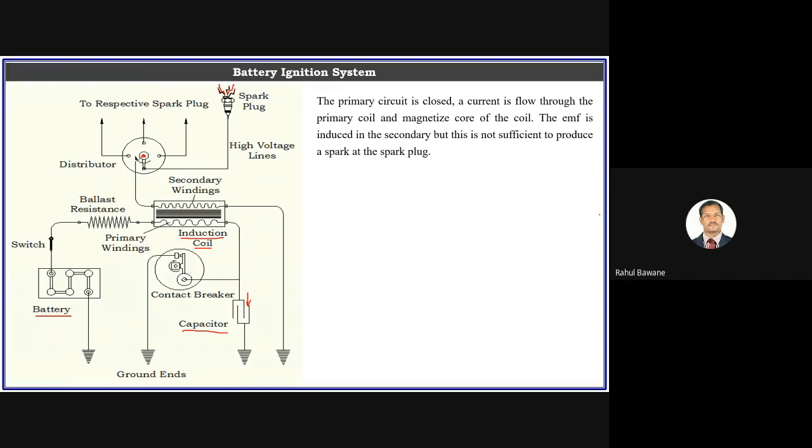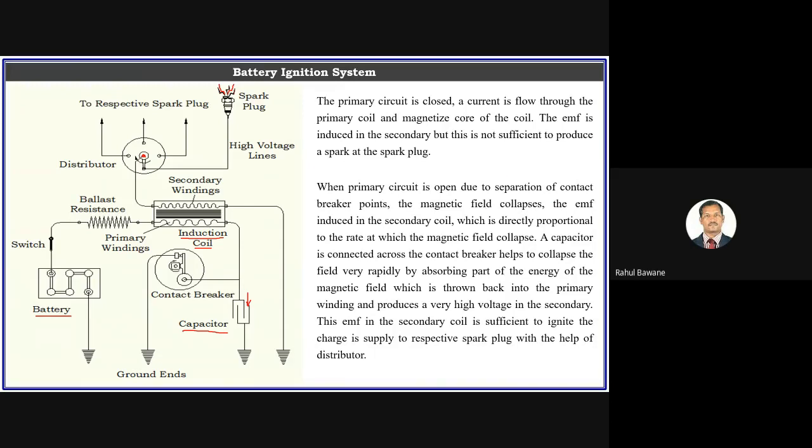Now, when the contact breaker point is opened by this cam, the primary circuit, which is completed through this contact breaker point, is interrupted. As soon as the primary circuit breaks, the magnetic field starts collapsing. When the primary circuit is completed, due to the primary current, a magnetic field is induced in the core, and the rate of change of that generation of magnetic field induces an EMF in